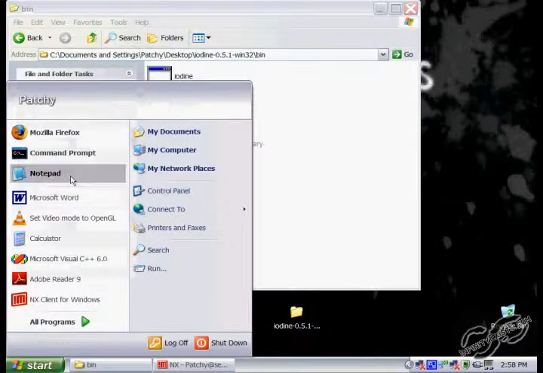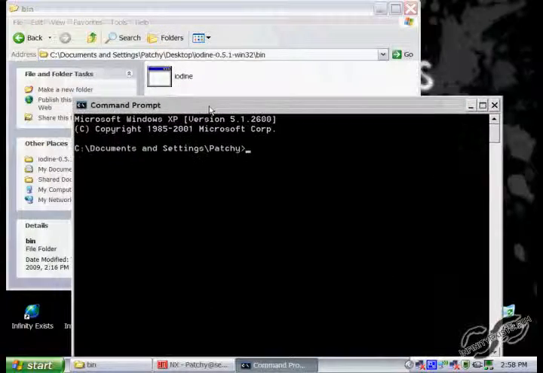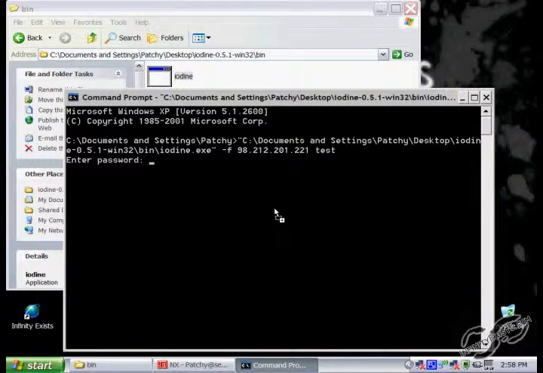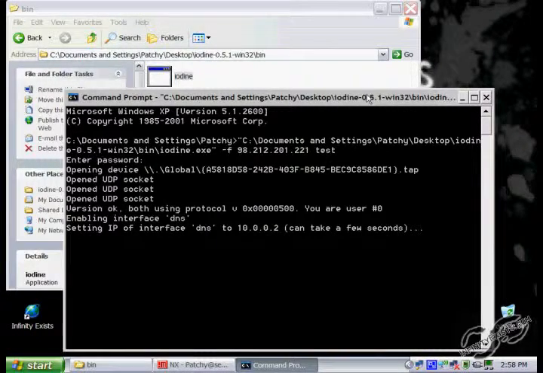It's just going to open up the command prompt. Do iodine -f, the IP address of the server. You may notice that this is a public IP address. In the situation that we're in right now, we're not on the same LAN, so we do have to use the public IP address. But you are going to want to test this on your own LAN, just to make it easier to troubleshoot. And then we're going to type in test, press enter, and then enter our password, and it should connect to